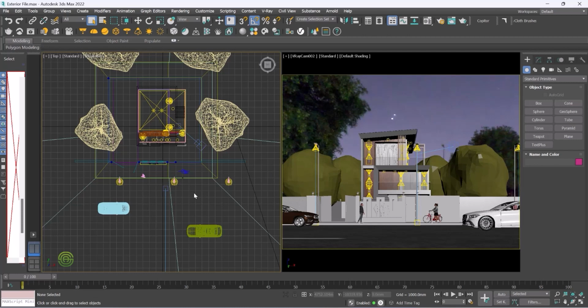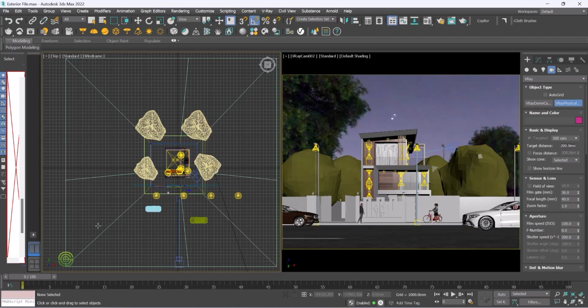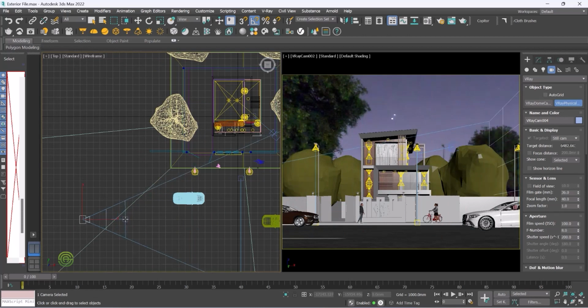So first the thing is we have to place the camera. Go to create and click on camera and here select V-Ray camera. Just select on V-Ray and then click on V-Ray physical camera. And now let's place the camera over here. So let's place the camera